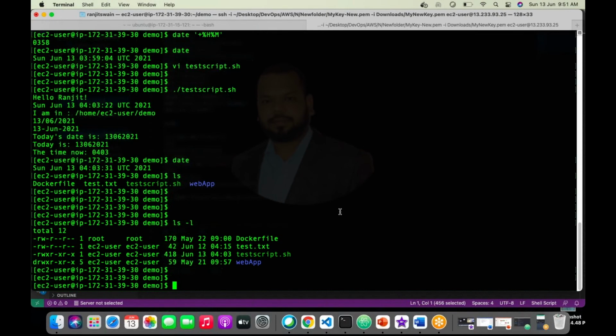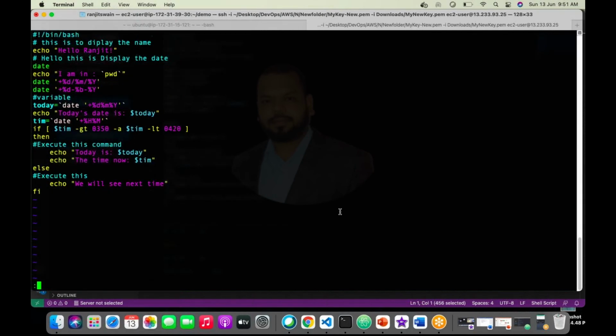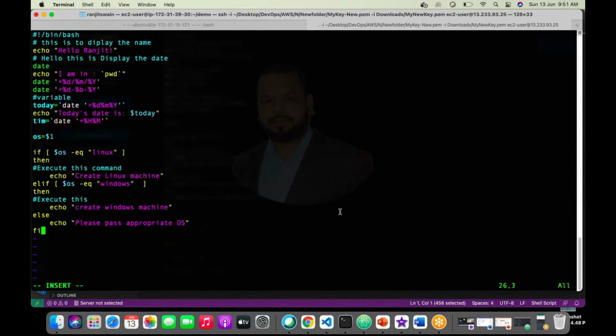and go to our test script. Delete everything and paste it. Now what we did: we are accepting one positional parameter or argument and assigning the value to the variable OS. I'm comparing this variable with if $OS equal to Linux, create a Linux machine. If it is Windows, then create one Windows machine, and if nothing is passed, then throw one error: please pass appropriate OS. So let's save it